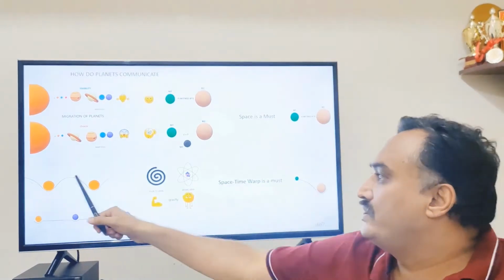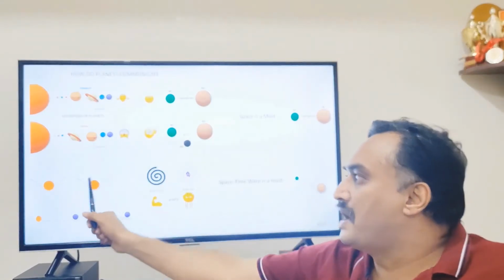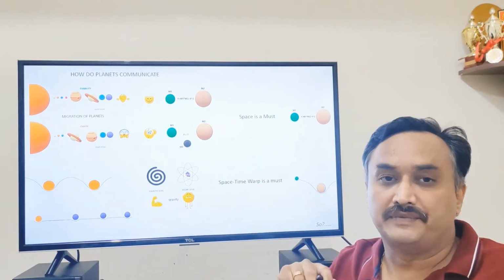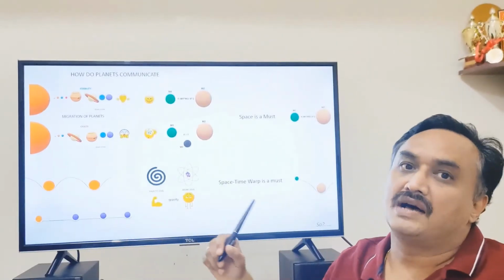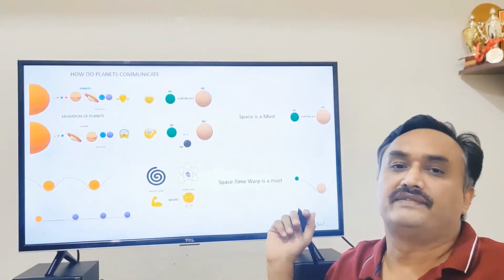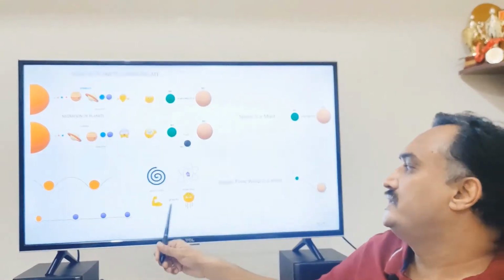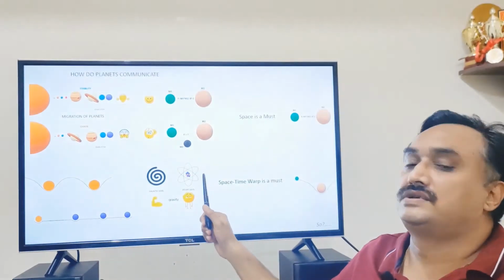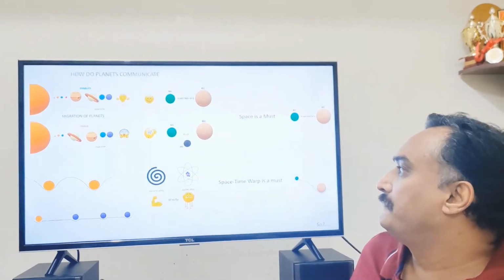But as we said, when you have an exact replica, when the gradients are similar, each mass is blind to the other. They would just guide across. It should not happen. This is the contradiction. Or for that matter, as we discussed, when the sun's mass is reduced to the same as the other planets, they would just roll off the fabric of universe. And you would also see that the gravity is almost negligent when it comes to the molecular level.